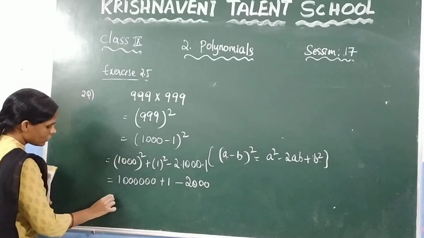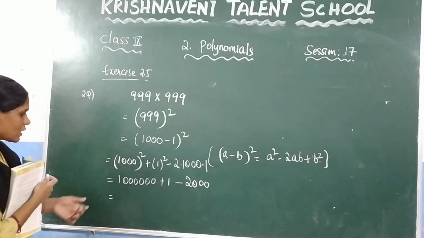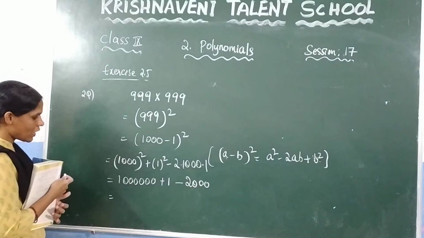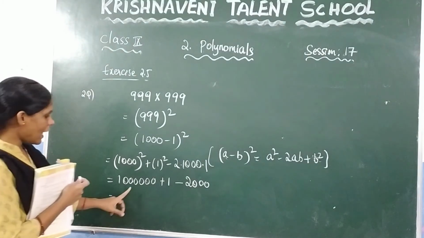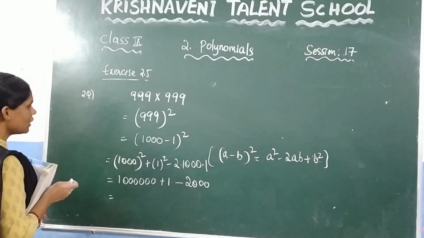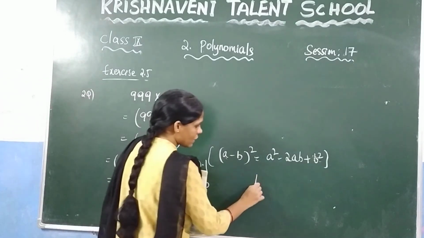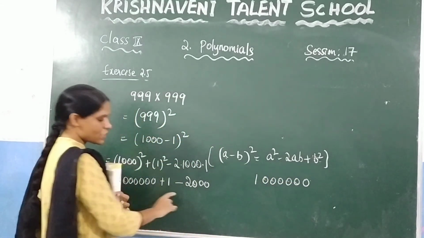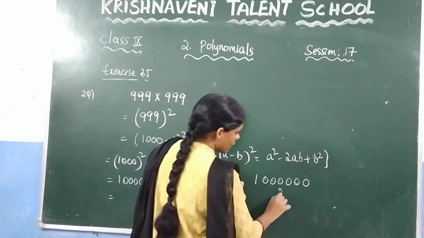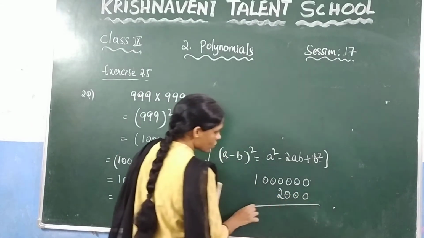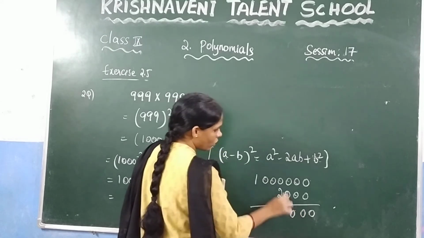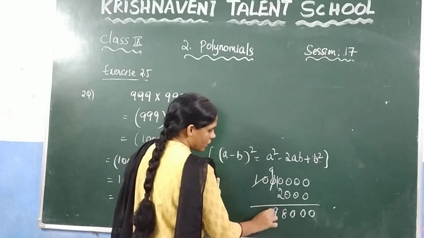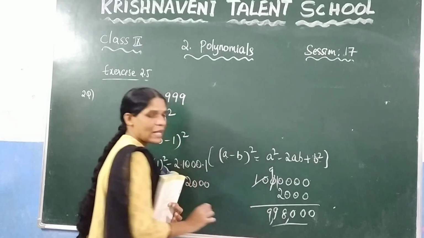Now you need to solve this. So how do you solve? Just subtract this value from this value. So what will you get after subtracting? You will get 9,98,000. So you can check it here. While subtracting, 6 zeros are there, 1, 2, 3, 4, 5, 6. You are subtracting 2000 from this. So write it here 2000. So what you get here is 0, 0, 0. 10 minus 2 gives you 8. Here 9 will be there and here 9 will be there. So you get here 9,98,000.